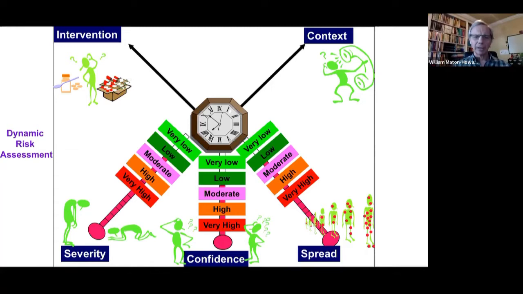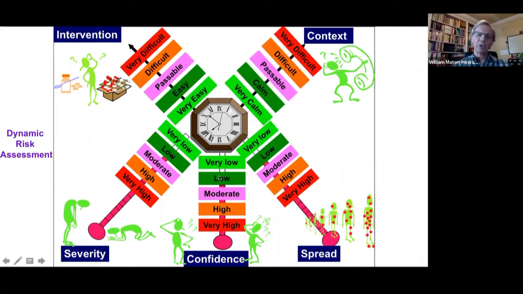Essentially, the assessment process relied on identifying and assessing in this way, and then also judging the likely nature of the interventions that will be required and the context of the situation. So for any emerging outbreak, this was the basis on which the system would operate.